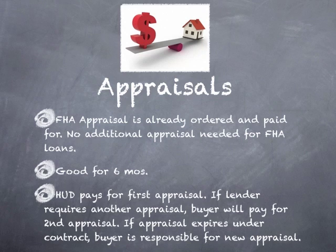Appraisals. FHA appraisals have been ordered already on every property, and that's where the properties are listed on the market, at the appraised value depending on the FHA appraisal. If the buyer that purchases the property uses an FHA loan to purchase the home, then they will already have their appraisal paid for, unless they purchase the home and the home has been on the market for an excessive amount of time. The appraisals are only good for a limited number of months, and then HUD will pay for